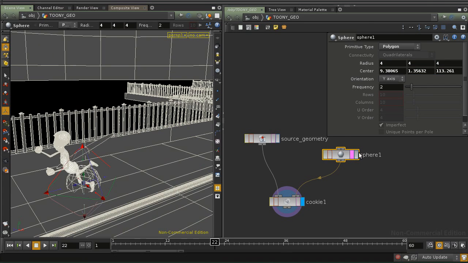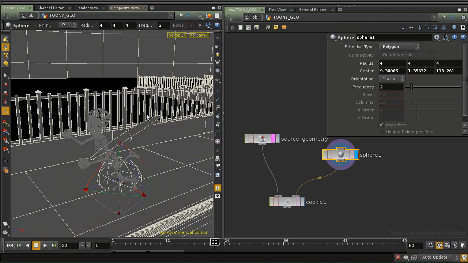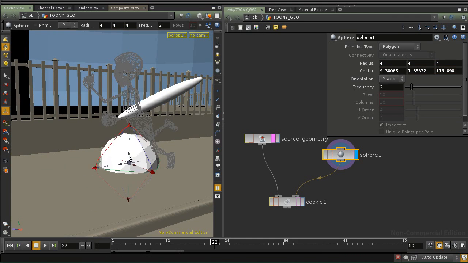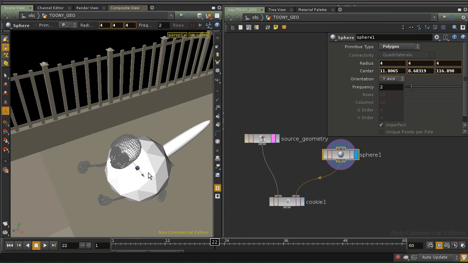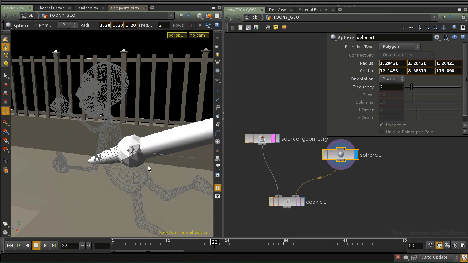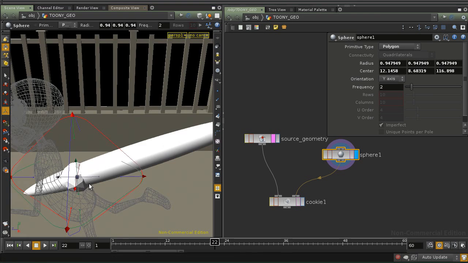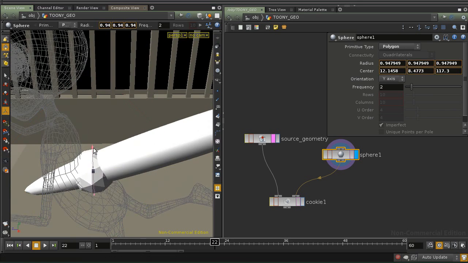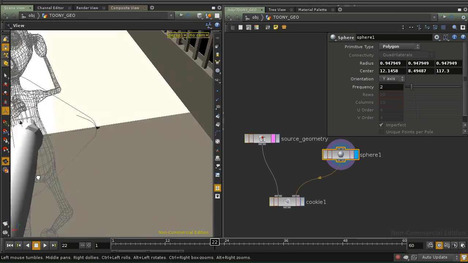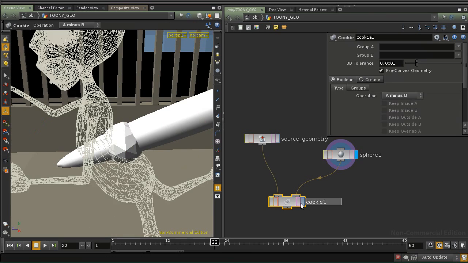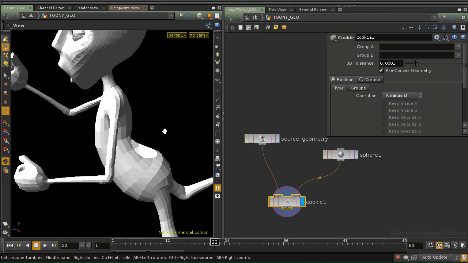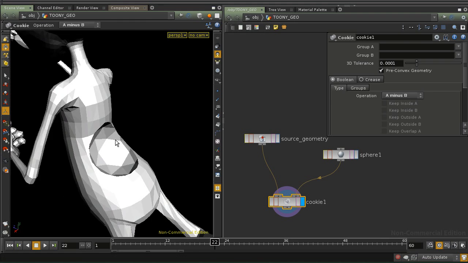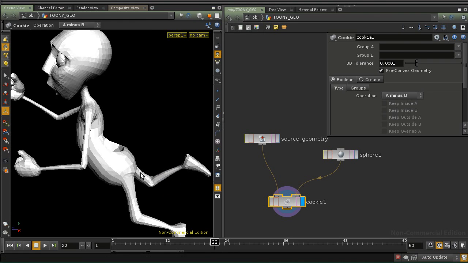Just get out of the cookie sub for making this faster. Change to flat shaded so I can move this faster, because the cookie can get a bit slow. So let's just put it there where it should start. So the sphere is there where it should start, and let's just take a look at the cookie now. Let's just hide the other stuff, and there we go. We're starting to make a hole into our character, and now it's just a matter of animating that,